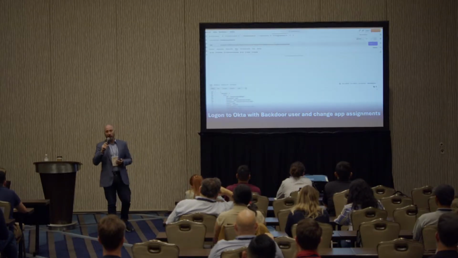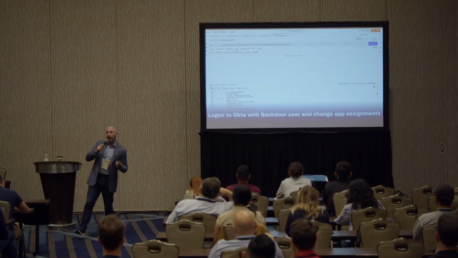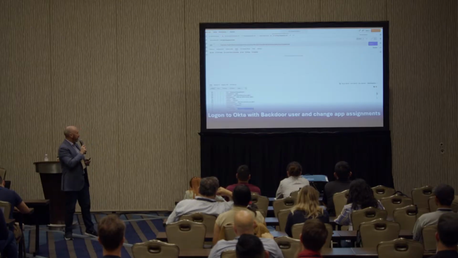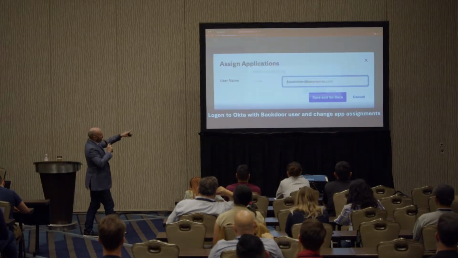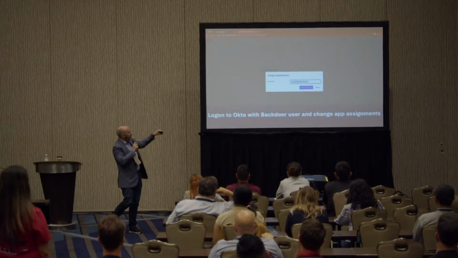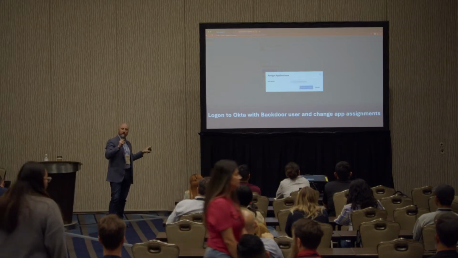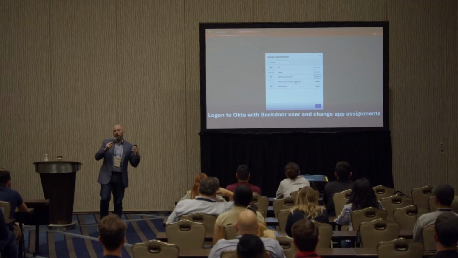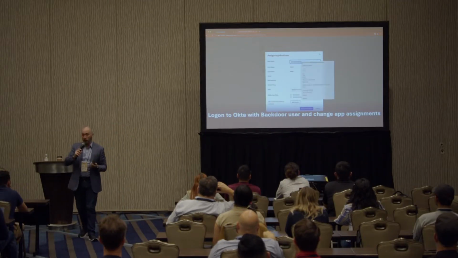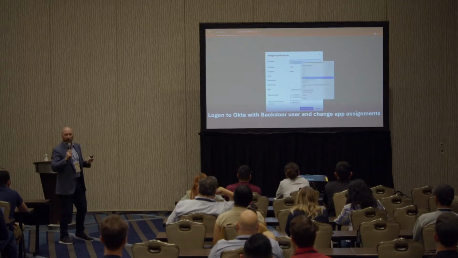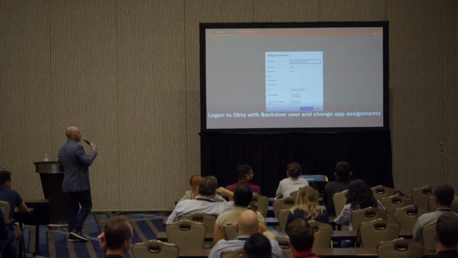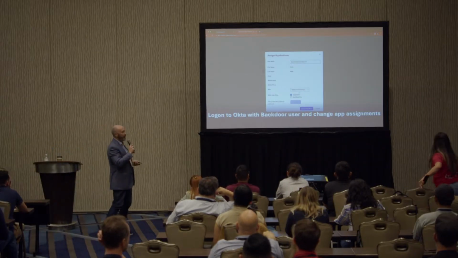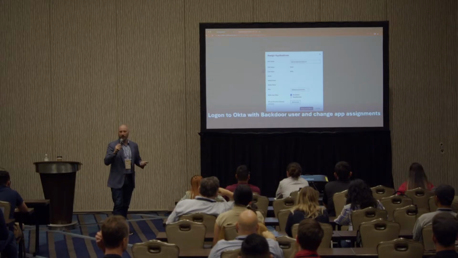I can get access to everything. So now what I'm doing is I'm assigning David access to these applications. Now, what's happening here is as I assign the application, I am changing the credentials under which David is going to access these applications. Because while Okta has the user David Miller, none of these other applications, Box and Salesforce and AWS and everything else that I'm about to connect to, they don't have a David Miller account in them.